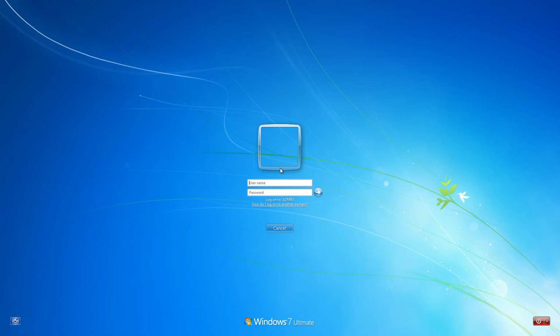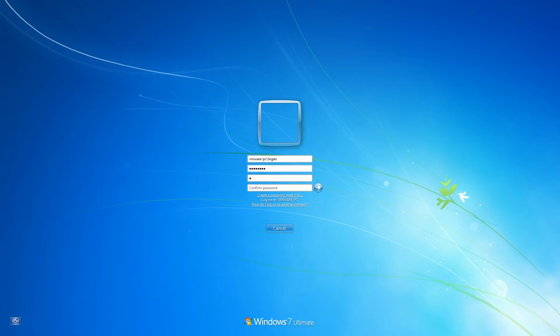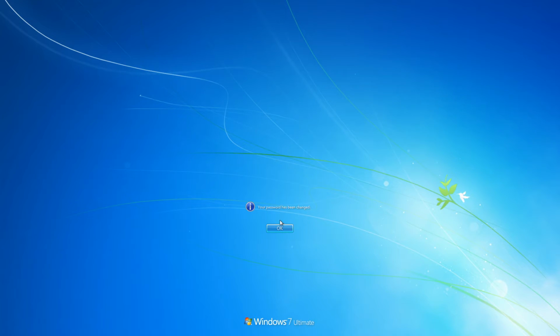So if I do VMware-PC and then login, type in my password, I have to change it. There. So basically Windows Server is about making accounts and managing them. It's also about managing